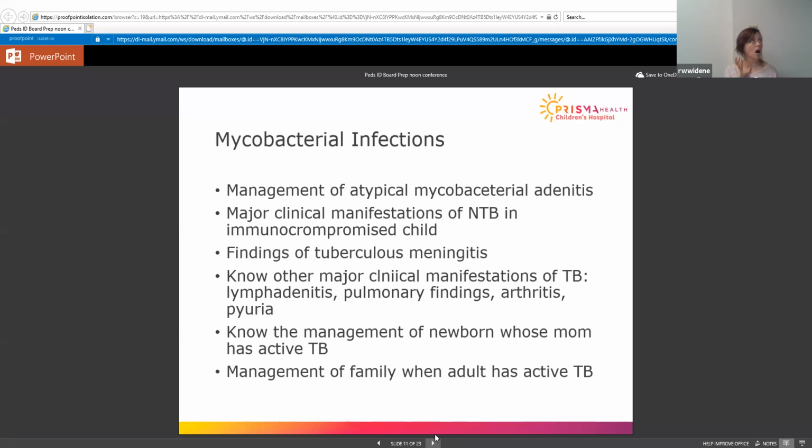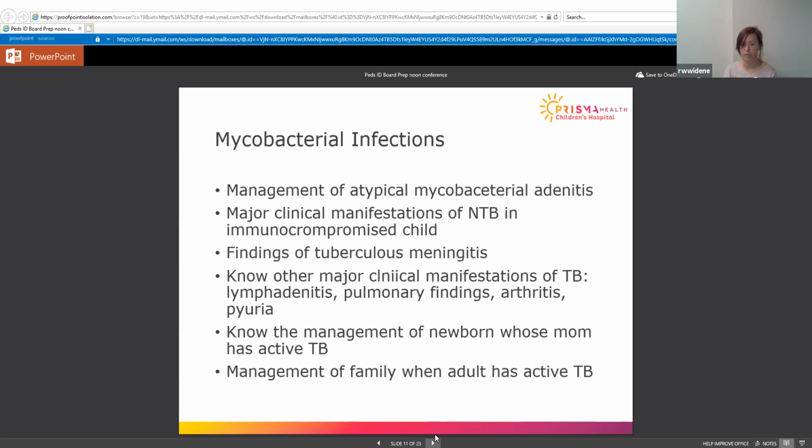Treatment for that is complete surgical excision. Complete surgical excision. Okay. Major clinical manifestations of NTM in an immunocompromised child. Most of the time, this is going to be MAC with your pulmonary stuff, but you can have disseminated